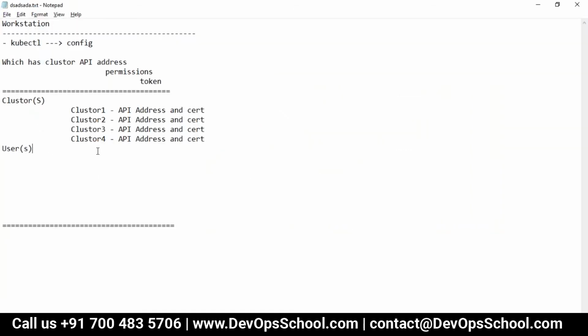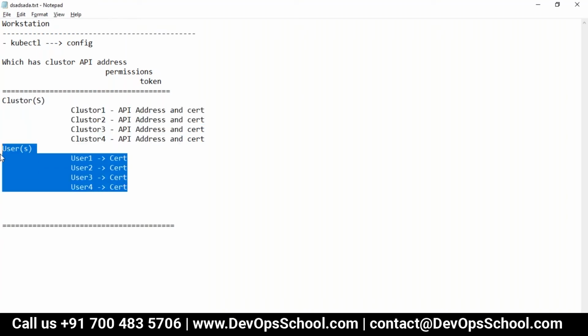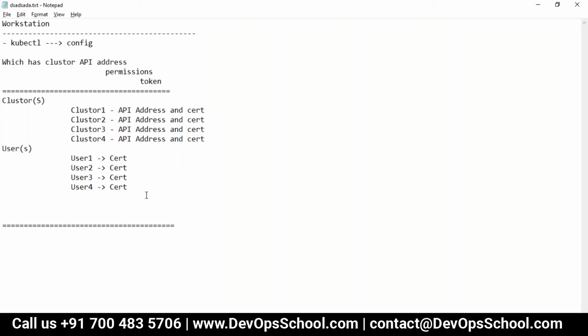So in this config file we put all the users separately, and users can be enabled with a token and also a certificate. So user 1, user 2, user 3, user 4, and stuff like that. So now you got the clusters, you got the users.